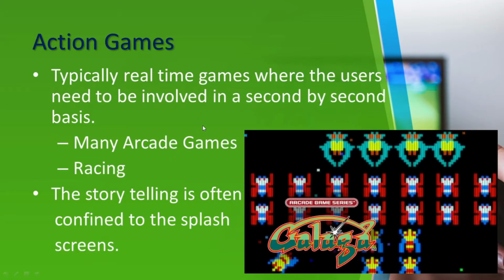Next, let's have action games. Action games are typically real-time games where the users need to be involved on a second-by-second basis. Examples of this are your arcade games and racing games. What do we mean by second-by-second basis? Meaning, guys, you're playing the game in real time. Whatever moves you make using your controls will be displayed on your monitor